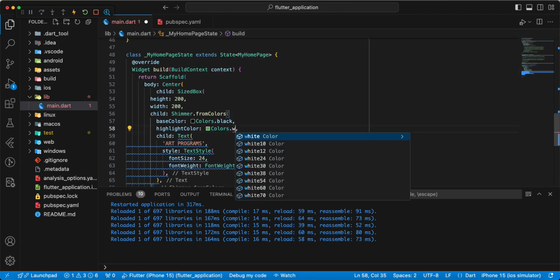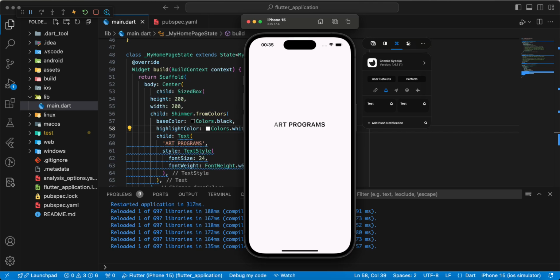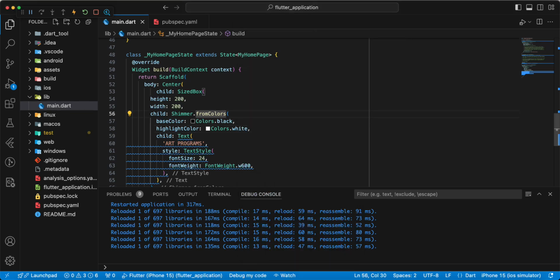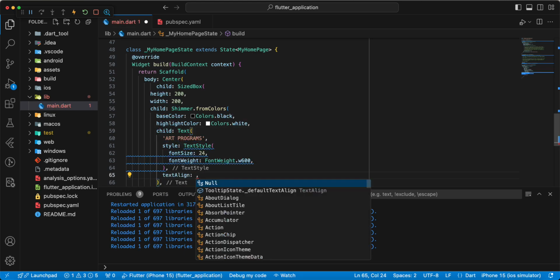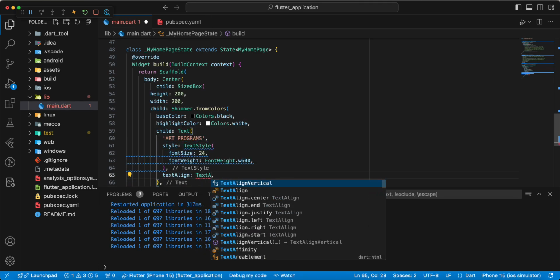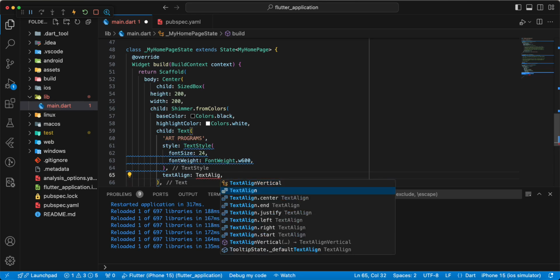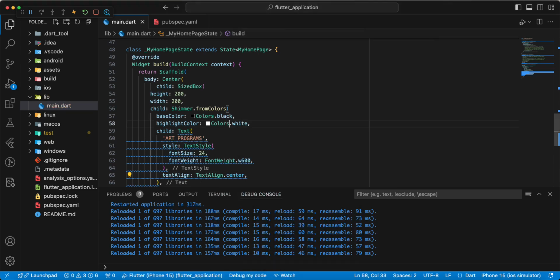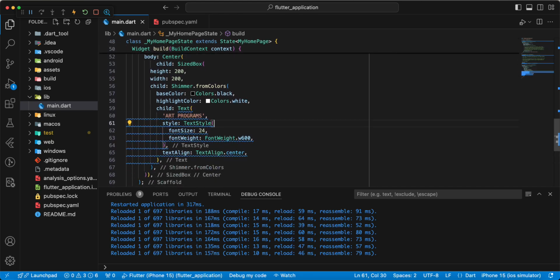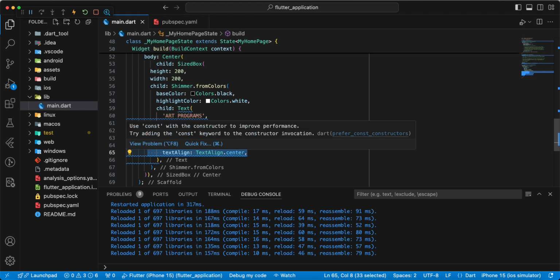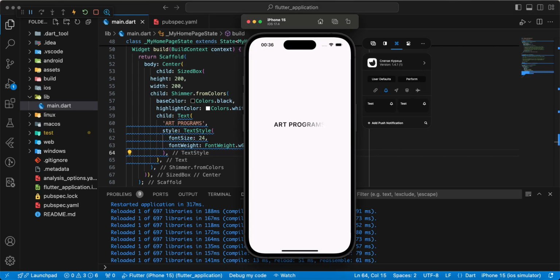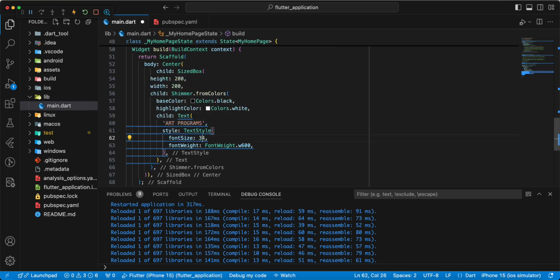highlight color we write white, write text "elegant", Center, save, write 34 and 30, 28 font size,